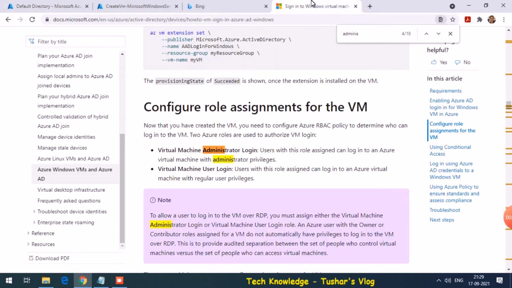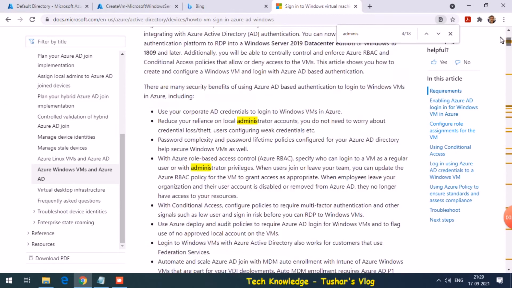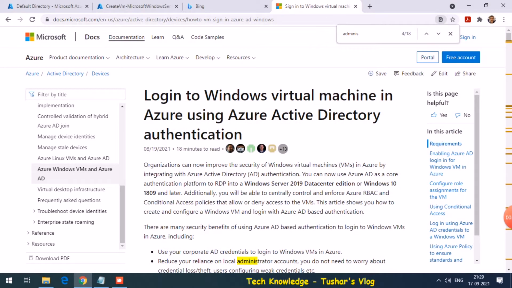There is a Microsoft document on how to log into Windows virtual machine in Azure using Azure Active Directory authentication.